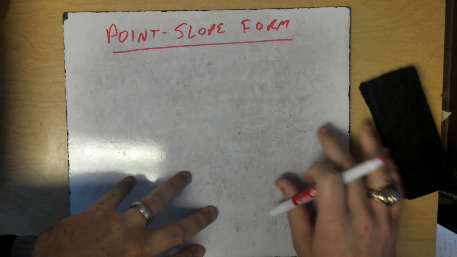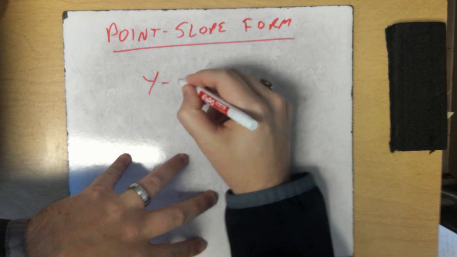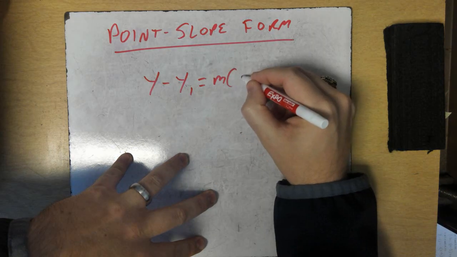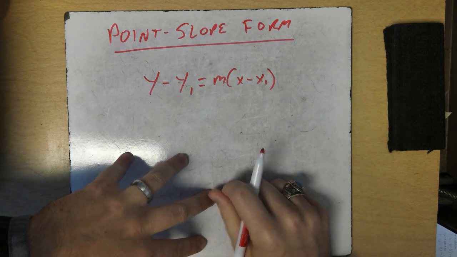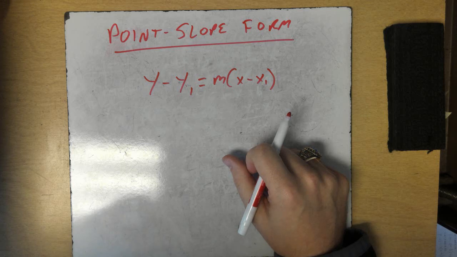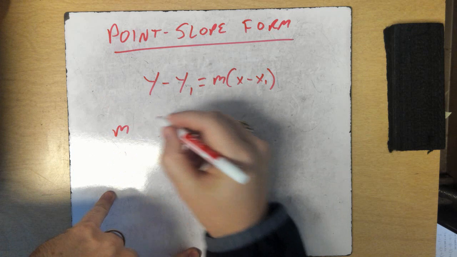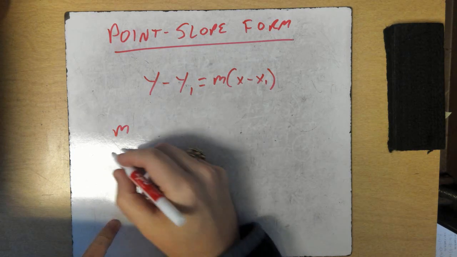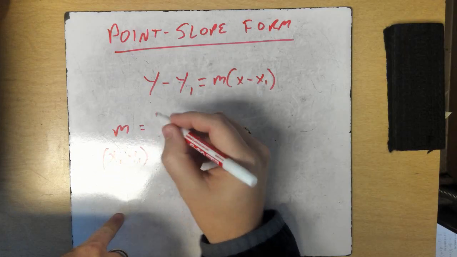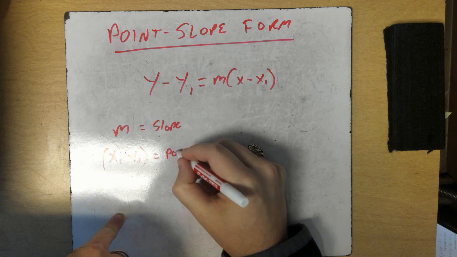So our main equation for point-slope form is y minus y1 equals m times x minus x1. These are ones, not commas. What we're working with is our m, our x1, and our y1. M, remember, is our slope, and x1, y1 will